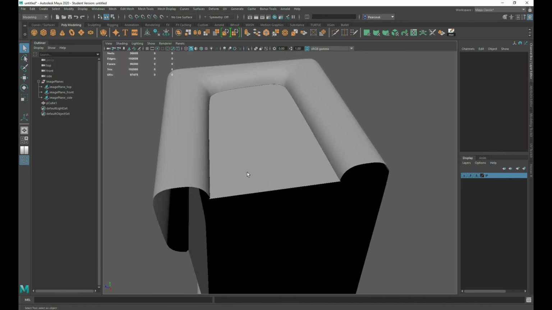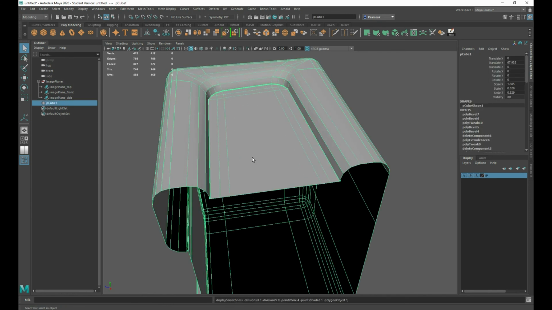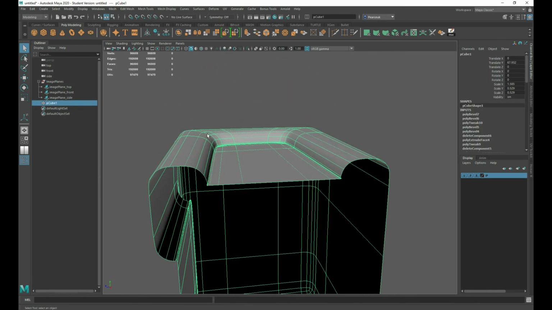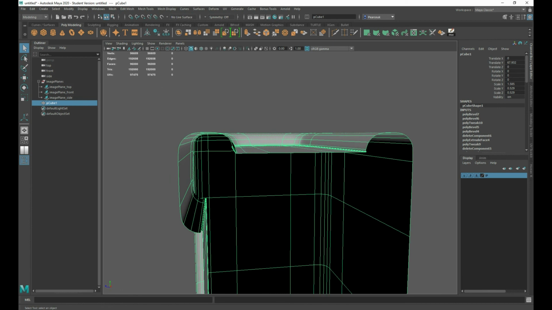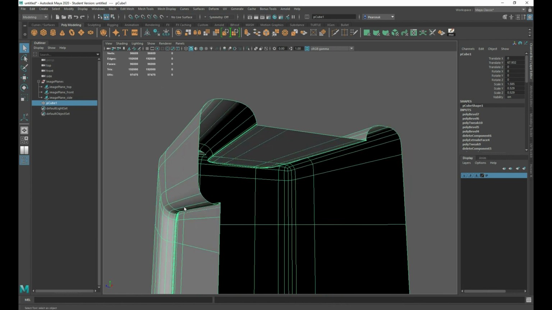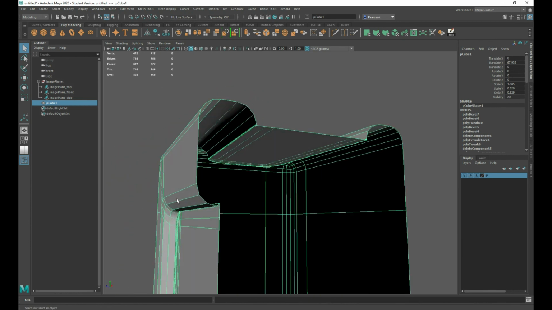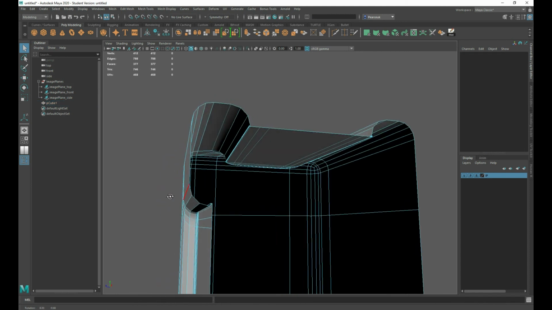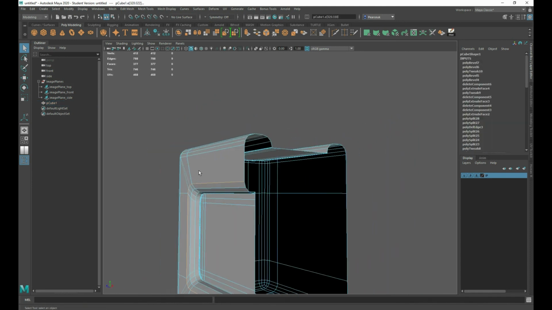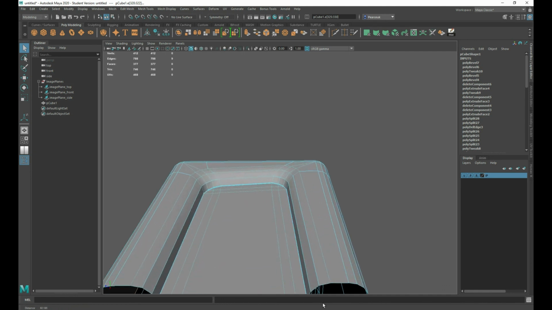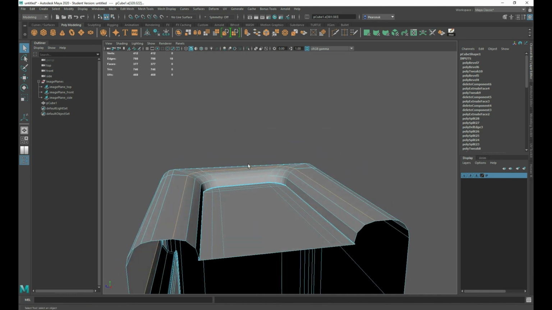But yeah, okay, I think it's starting to look pretty decent. And the one thing though that I want to say is that it's not completely soft all the way around. There is a bit of hold to this. So what I want to do is take maybe this edge loop and this edge loop,